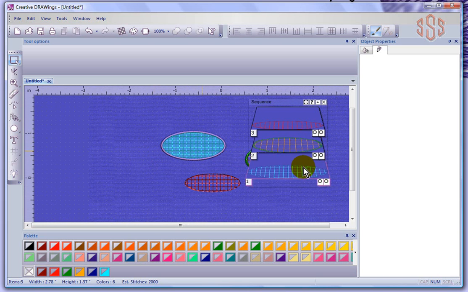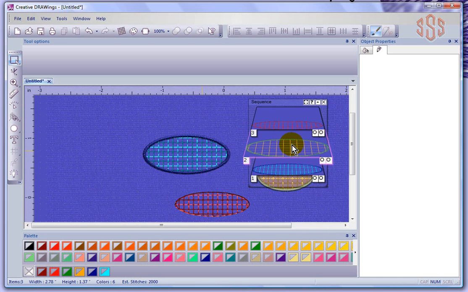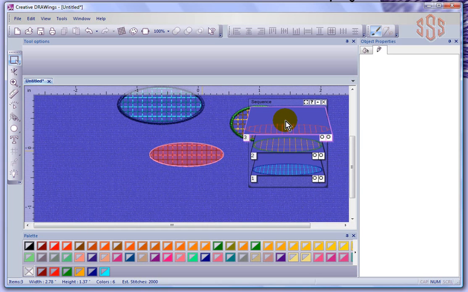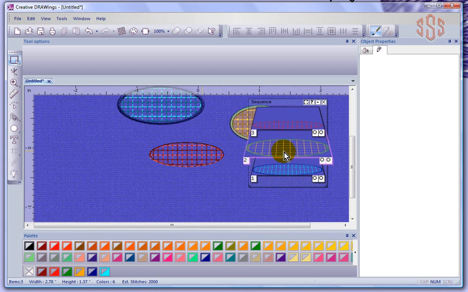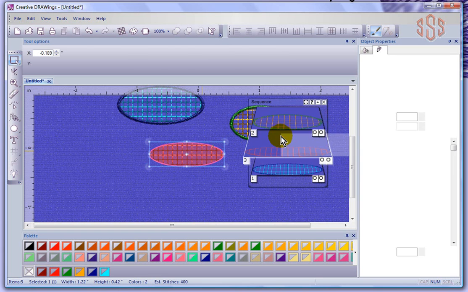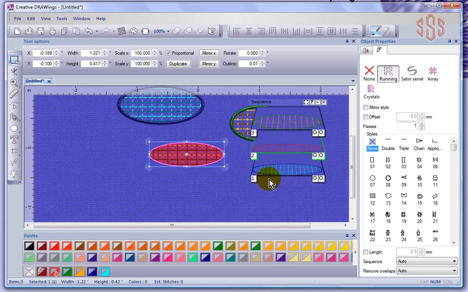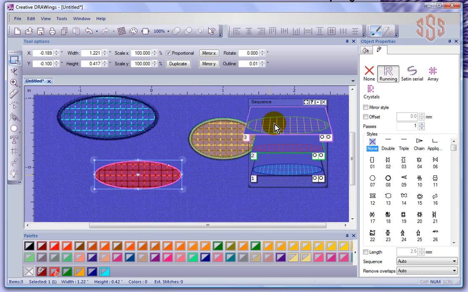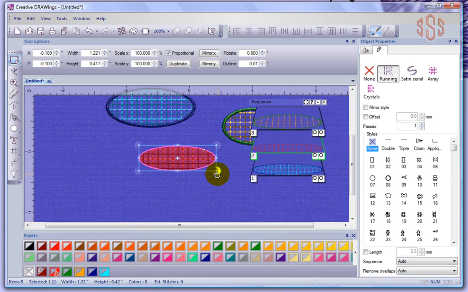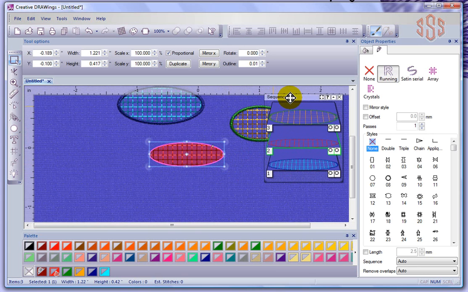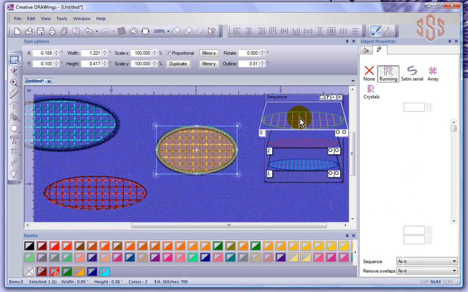So right now it's got the blue, and then it's got the green, and then it's got the red, and that's basically the order that I created them in. But if you wanted to see the red sew before the green, you could just renumber these trays. So that's how I can change my sewing order, and that's basically what the tool is meant for. Although, like I said, you may want to use that tool to help you select a specific object from your design,